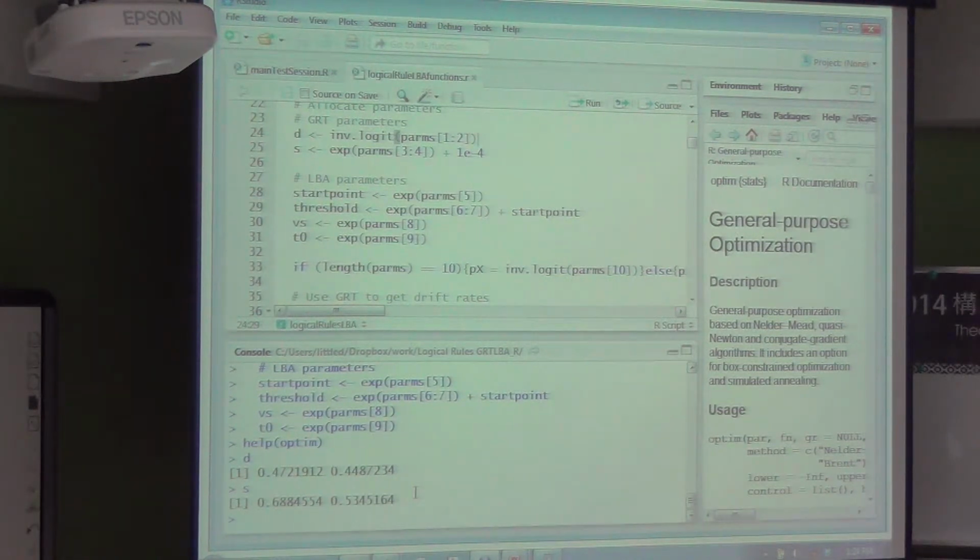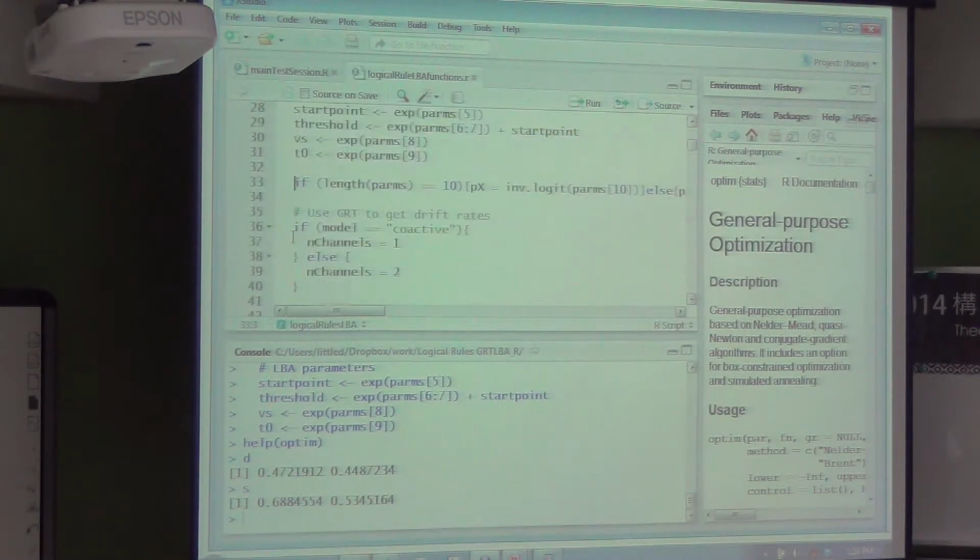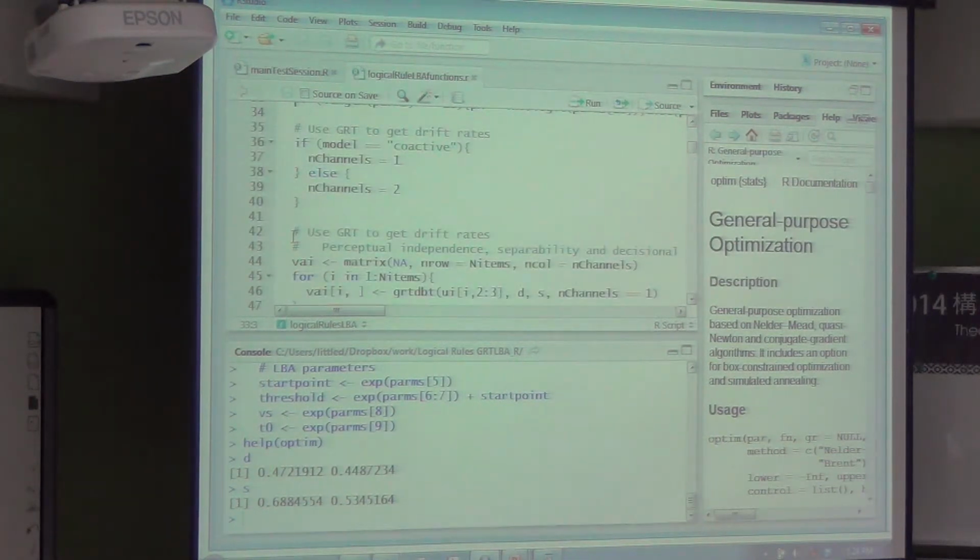Now that we know those two things, we can go in and actually compute the proportion of area that falls in each of the regions for each of our stimuli. That's done a little bit further down. I'm going to run this code here to show you what it outputs.